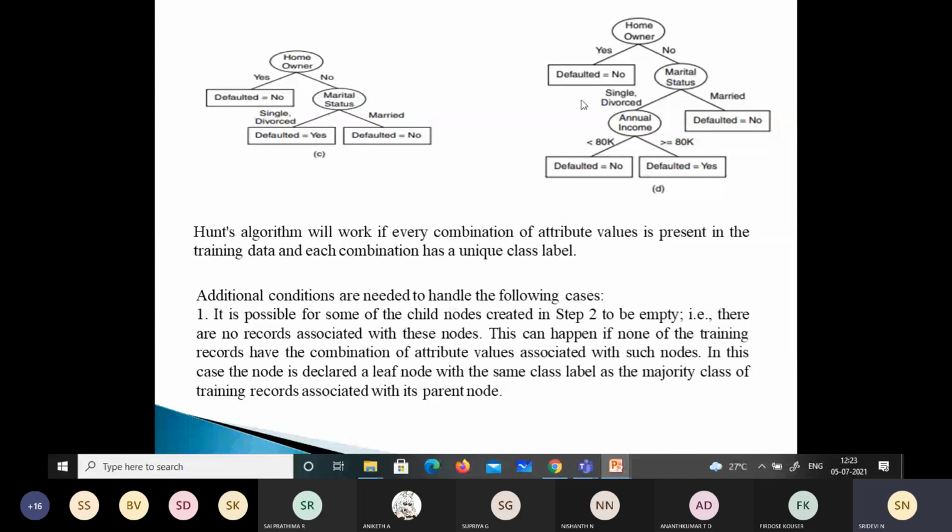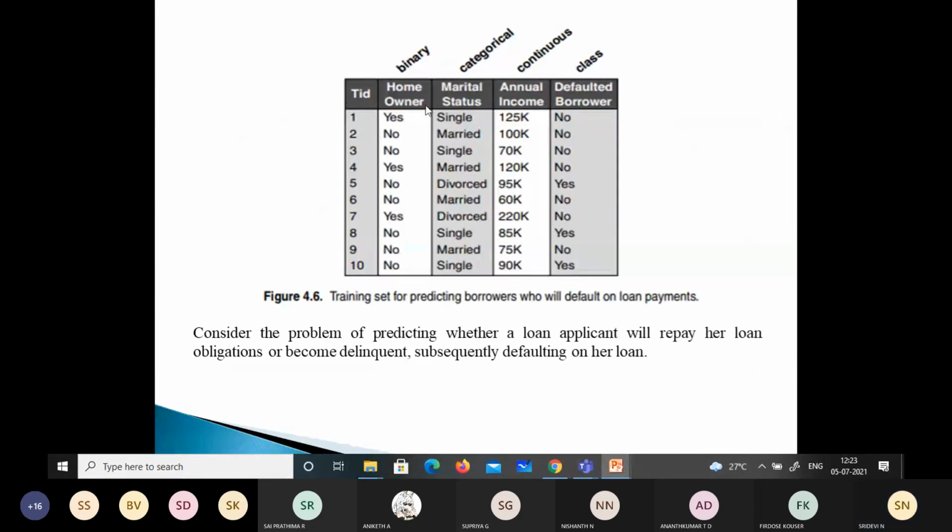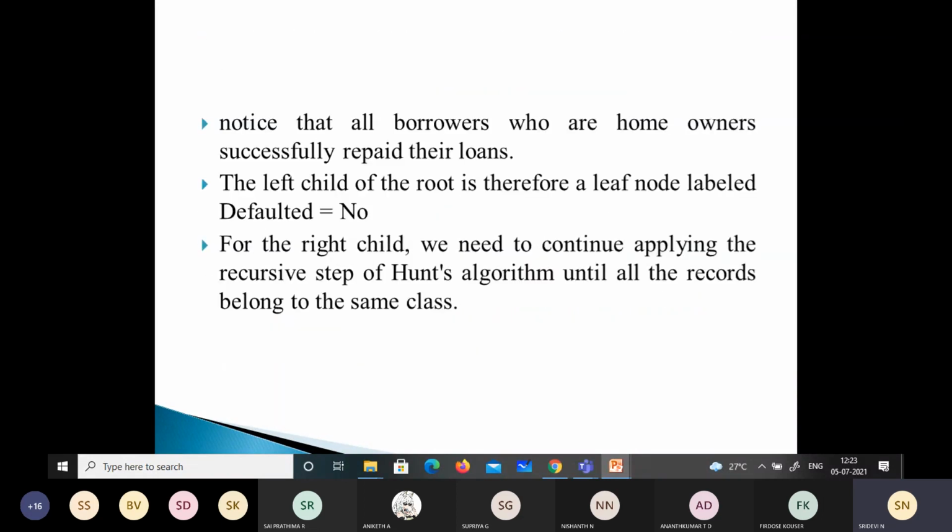Yes. When we split, we have got it like this. So how did we get this, we'll just check. Homeowner was the first test attribute that we took. Next, according to this tree, we'll take this married column, this attribute, to test. Here it was a binary attribute because you had only 2 values, but here it is categorical. We have 3 categories, single, divorced and married. So there are 3 categories of people under this marital status. Let's take this column to test for the attribute and we will try to bifurcate the records now.